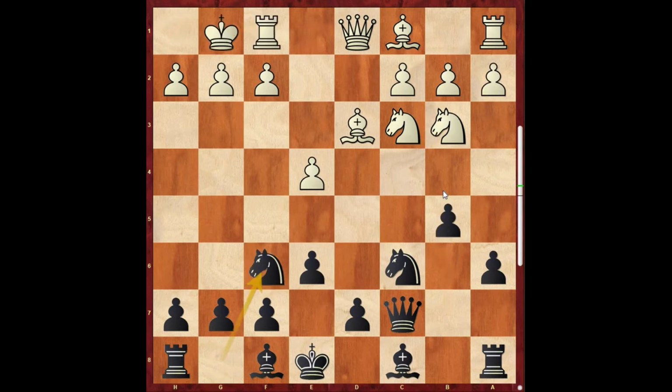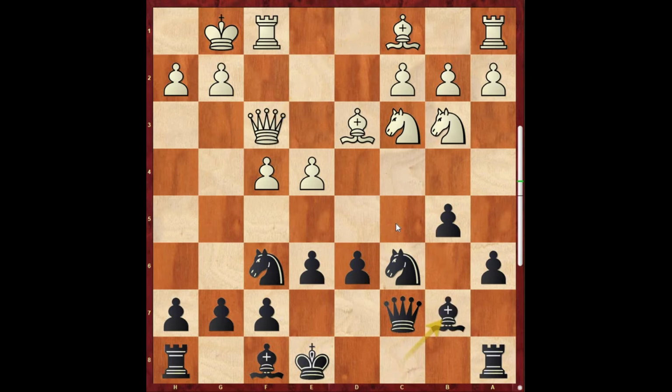So we just go with castle, knight f6, f4. There's no bishop c5 here as the knight is on b3. So we just simply play d6, getting the hedgehog structure. Queen f3. And we simply continue development with bishop b7. They have two main moves here, bishop e3 or bishop d2. If bishop e3,